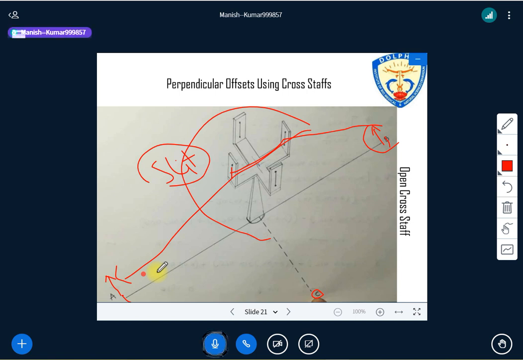And then your assistant will move here, and he or she has to look through both slits here, and then one ranging rod can be placed at point C, right? Since both lines of sight are perpendicular, obviously this line will be the perpendicular offset. Is it clear? Have you got that? How the instrument has to be used?